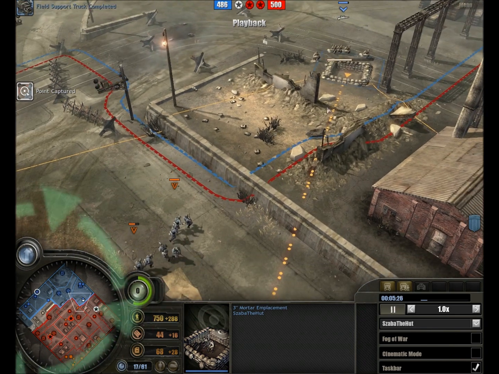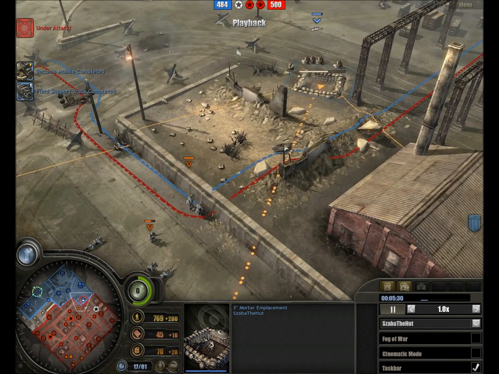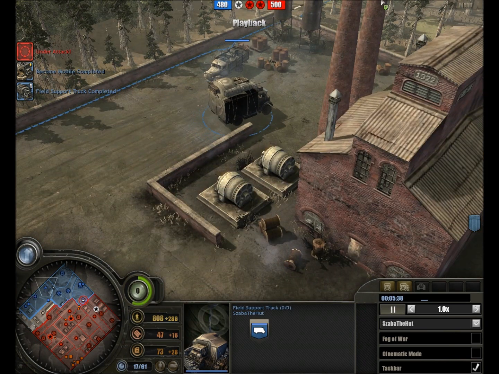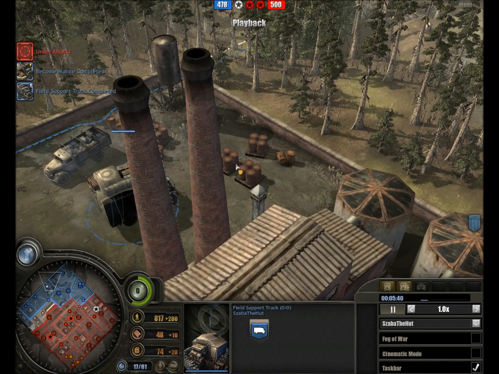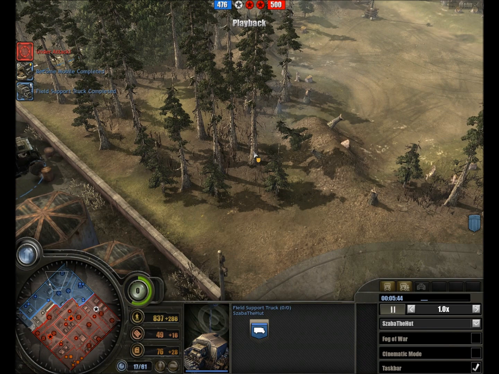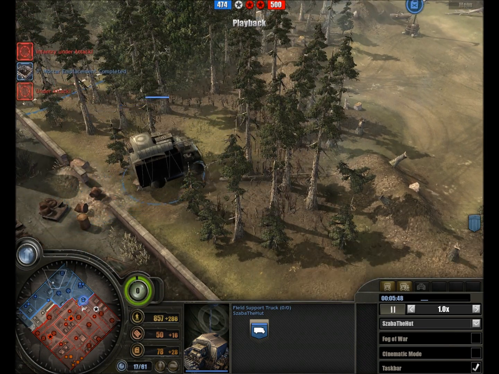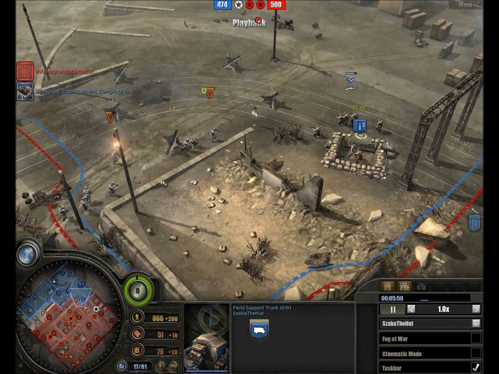Quite intent on setting up mortars to protect this nearby area, but now suffering some light fire, but that's not going to deter him. Supply truck moving out on the field, or support truck, not supply truck. Crashing through some empty fuel barrels and a brick wall. Truck being quite heavy, and now the